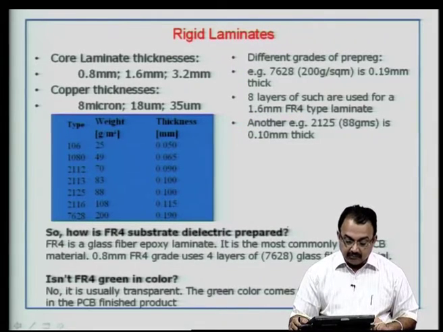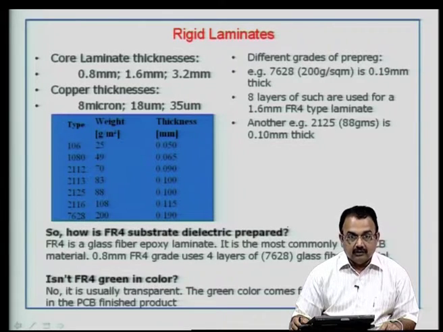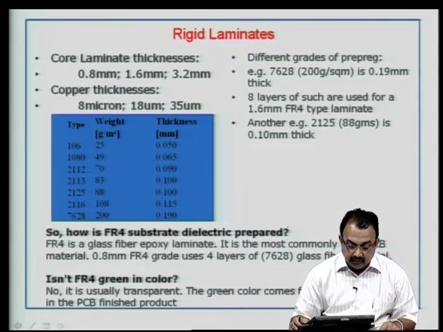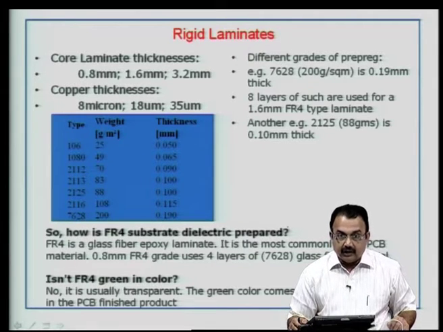Now, let us come to some other important details for a rigid laminate structure. Typically, core laminate thickness is 0.8 mm, 1.6 mm or 3.2 mm. The copper thickness in the core can be 8 micron, 18 micron or 35 microns. In the case of prepregs, there are again different grades. Example: